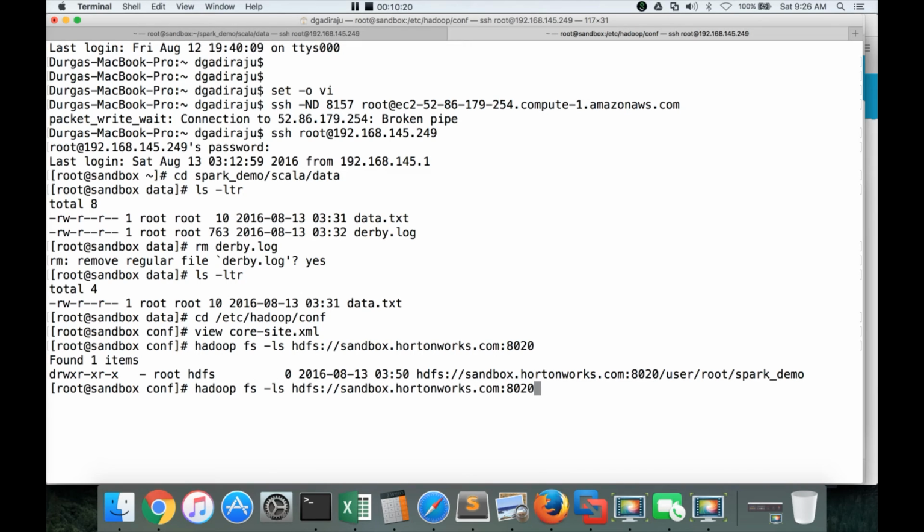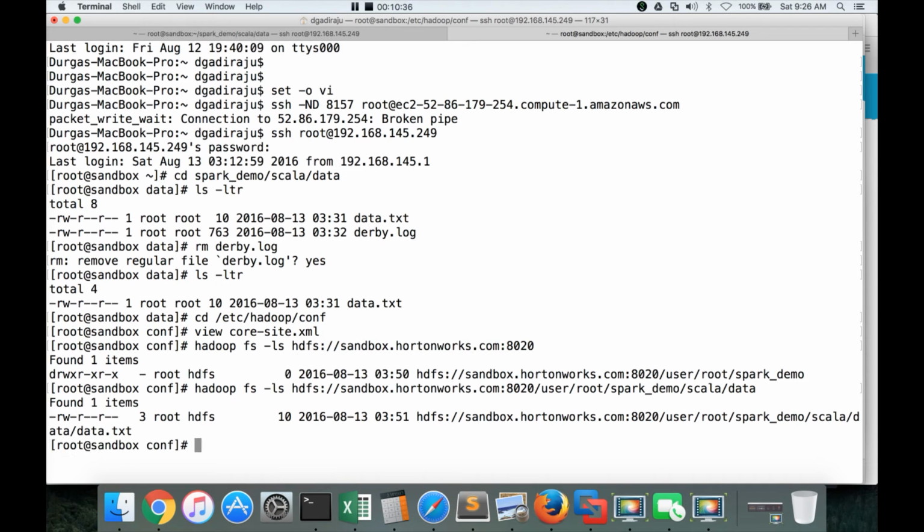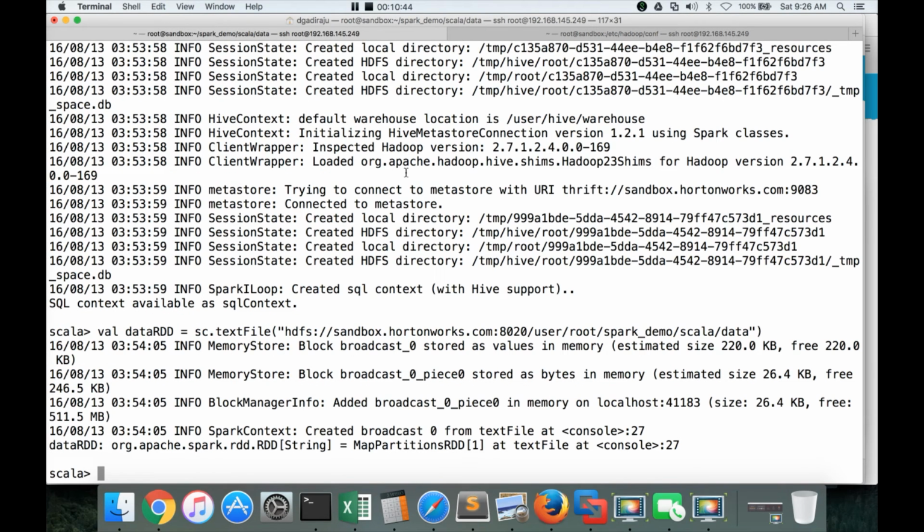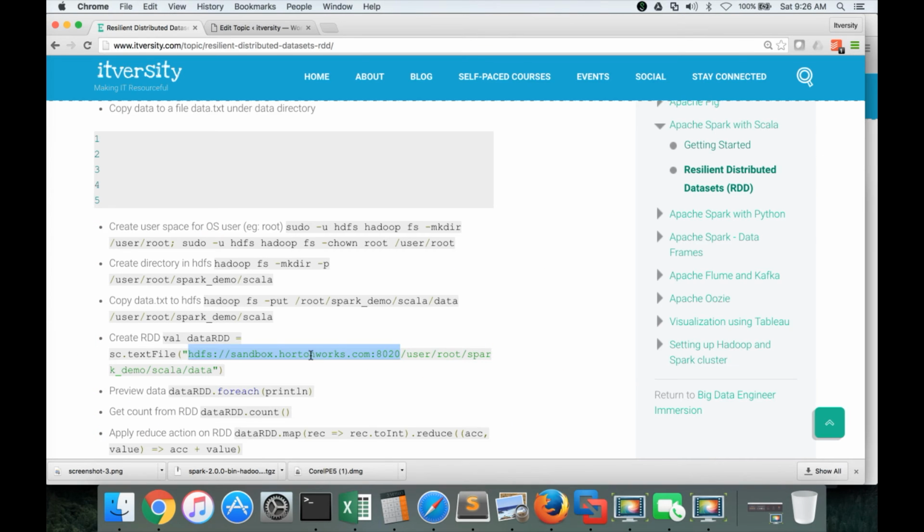By default it is reading from my user space, and it has returned the directory, but I can dig further and give the complete path, and you can see the data.txt here. It is same as earlier where I don't have this prefix. So to make sure that you read from HDFS, it's always better to give this path when you use sc.textFile. For the local file system, make sure you read it using file:/ and then you will be able to process the data downstream.